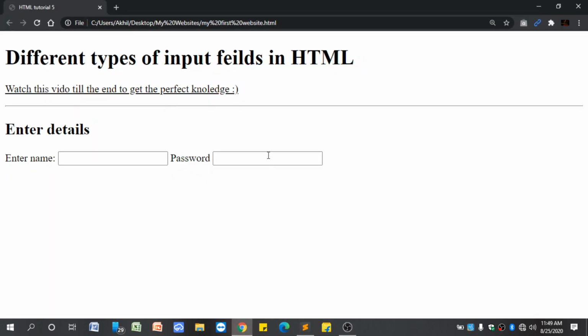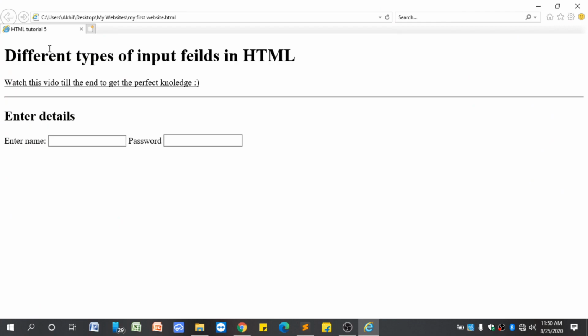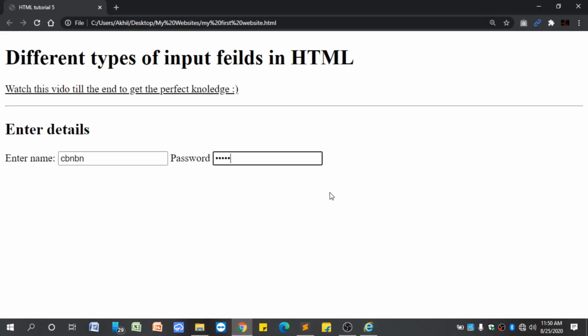Yeah, we got an input field. So let us check whether it works or not. I just type something in it. Yes, observe the letters are showing only dots. I can't see the data whatever I entered here. So we have successfully created a password field in the HTML, and the password fields are different as per the browser. So if I see the same code in the Internet Explorer, observe here it provides an eye icon to view the code whatever we entered, but in the Chrome we can't see the password data.